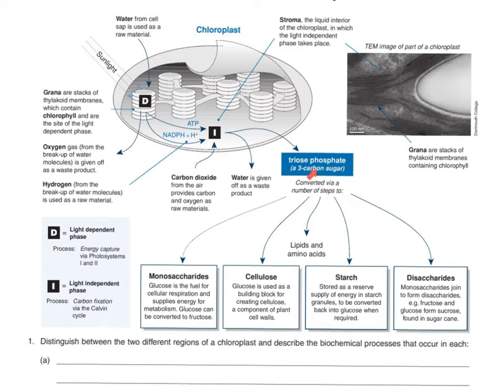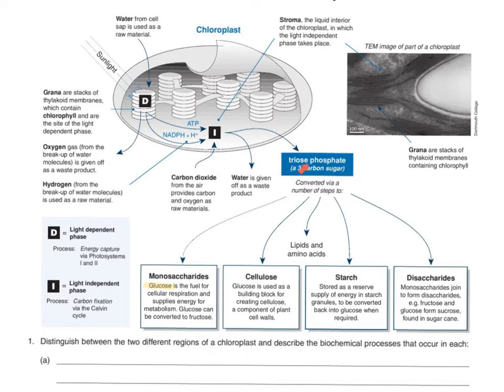That 3 carbon sugar can be made into any of these things. You can take that 3 carbon and build anything. It's the brick upon which all things are made in plants and therefore later in you. All right, so it's a sugar, but we focus on this one called glucose, right? The reason we focus on it, obviously, is that respiration uses glucose as the beginning of glycolysis, and that's why that's the beginning of the cellular respiration pathway, and why we focus on that when we discuss it.